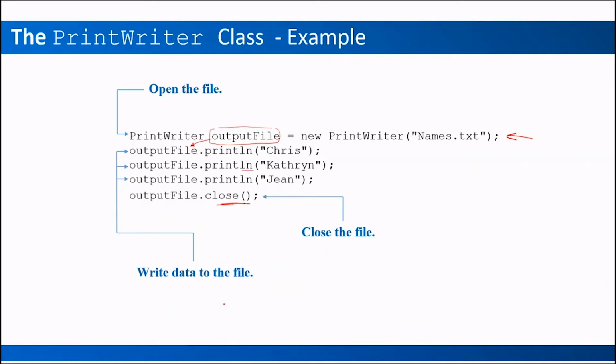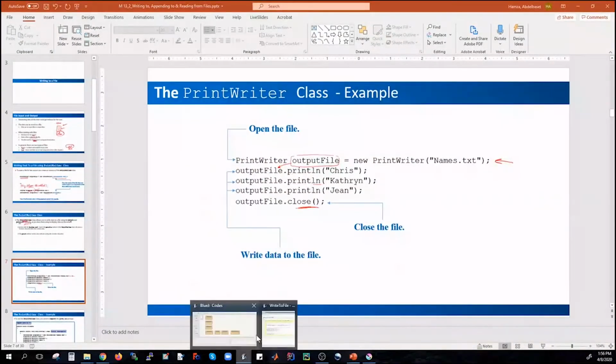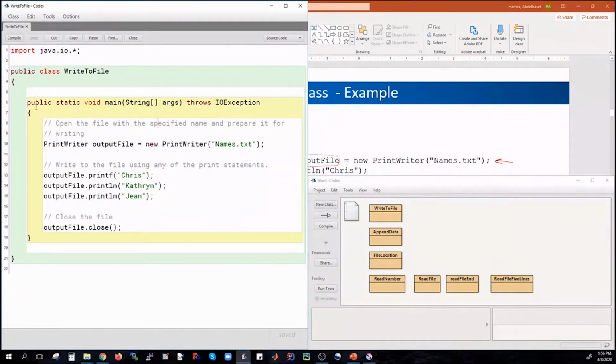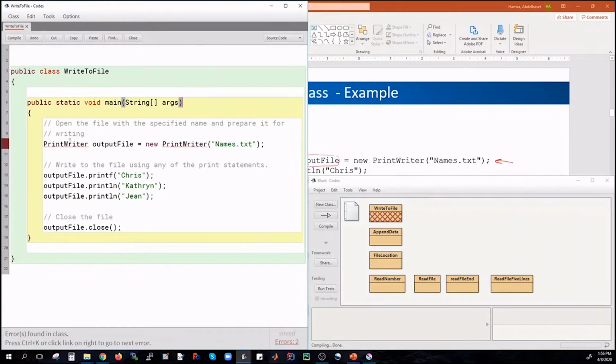So if you put this together in code, if we go to Java here, write to file. All right, now I'm going to delete these and just show you the plain structure that we have here. All right, so here, compile. Now, a couple of things. The first thing is that this is what we just had in the slides: PrintWriter, output file, names.txt, and then writing 3 names using printf, print line, and print, for example, here, just to mix things,